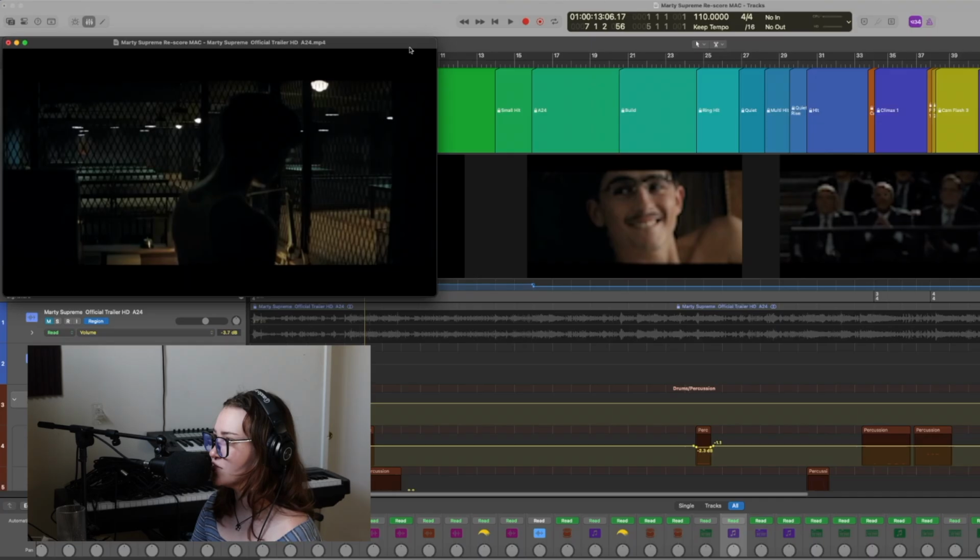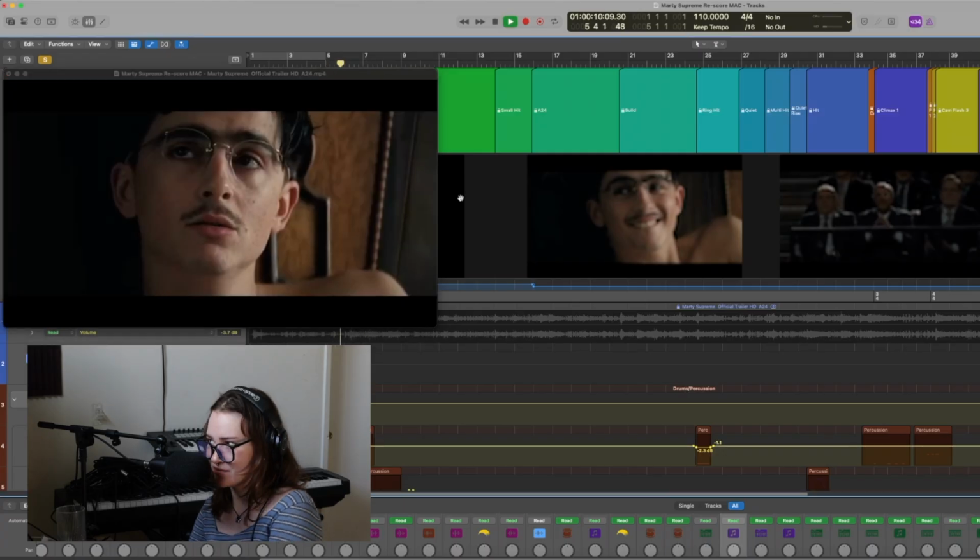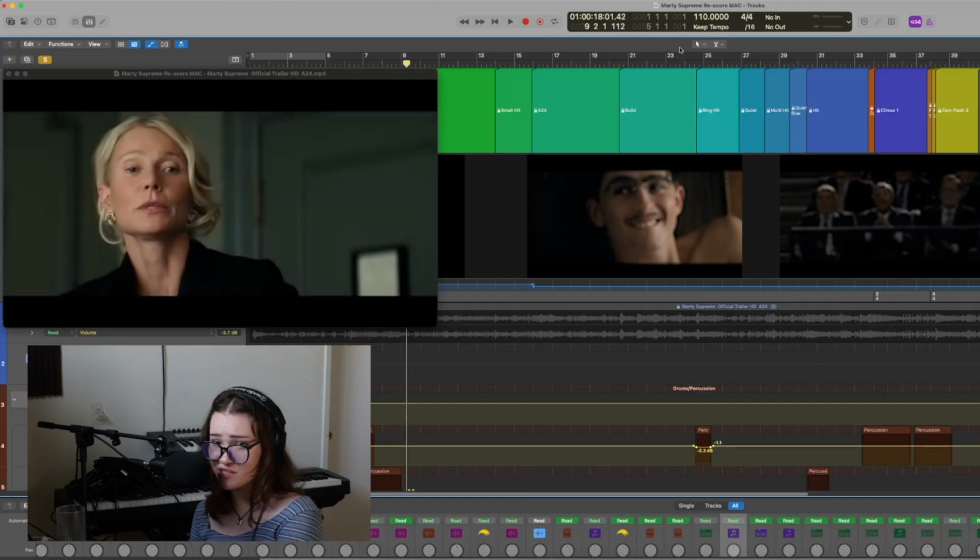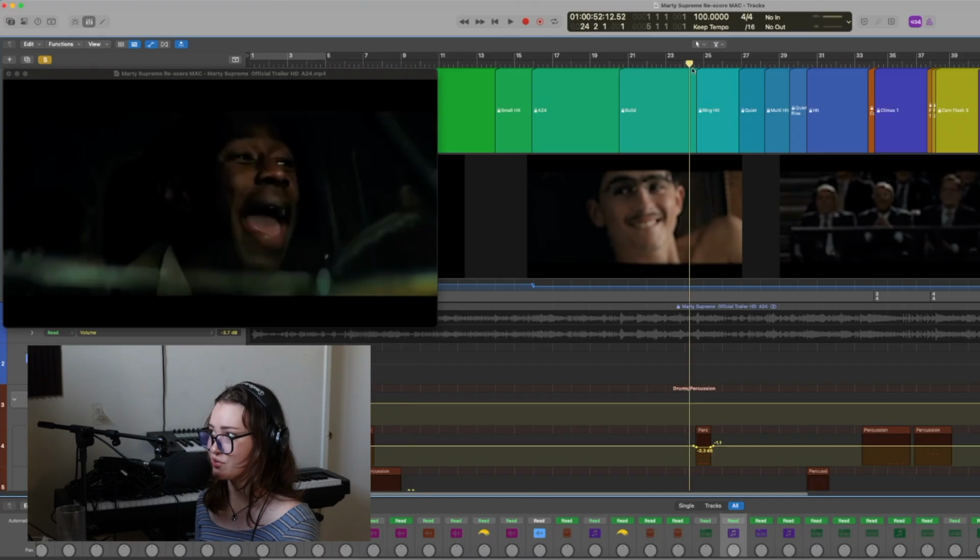The reason we're locking these down is so that when we decide to start changing the BPM and time signature, it's not going to move my markers around and screw up the timing that I worked so very hard on. Once I've locked these markers down, I personally like starting off with percussion, like hits and punches, so I can get a beat mapping type beat.